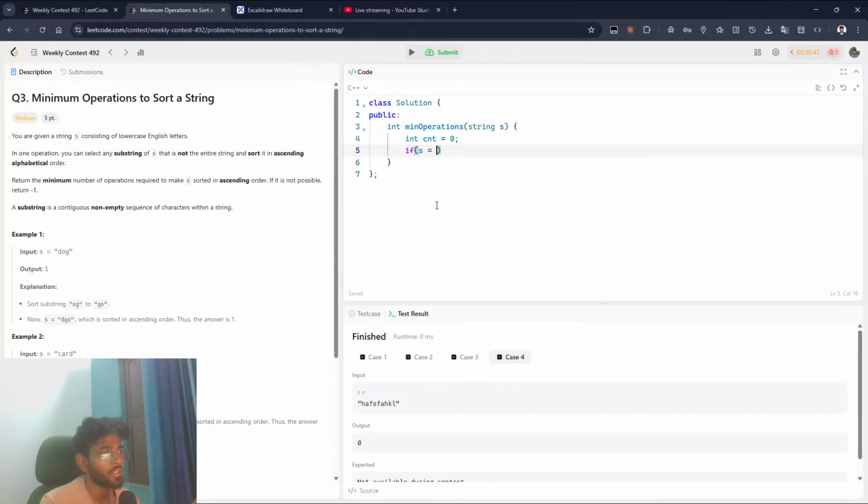If s equals, if is sorted, return count. If not, then